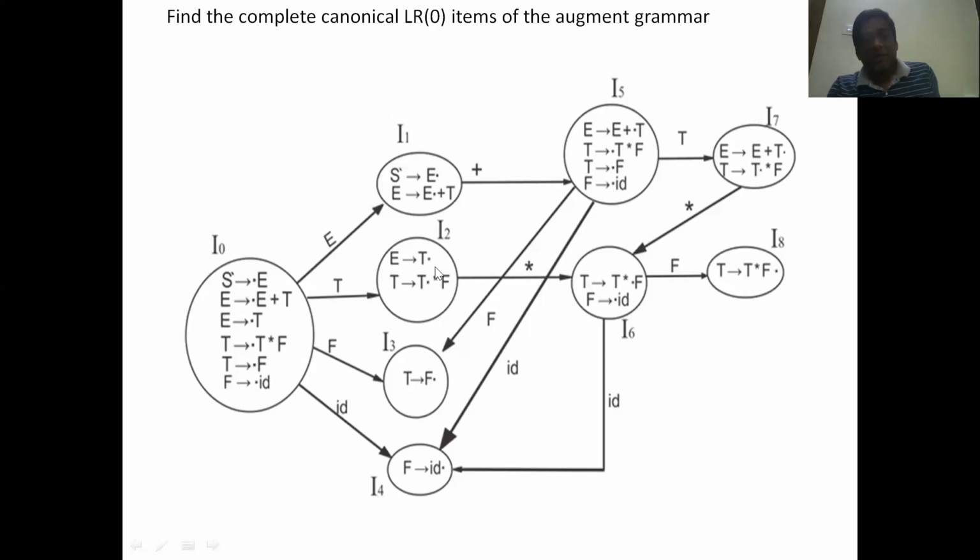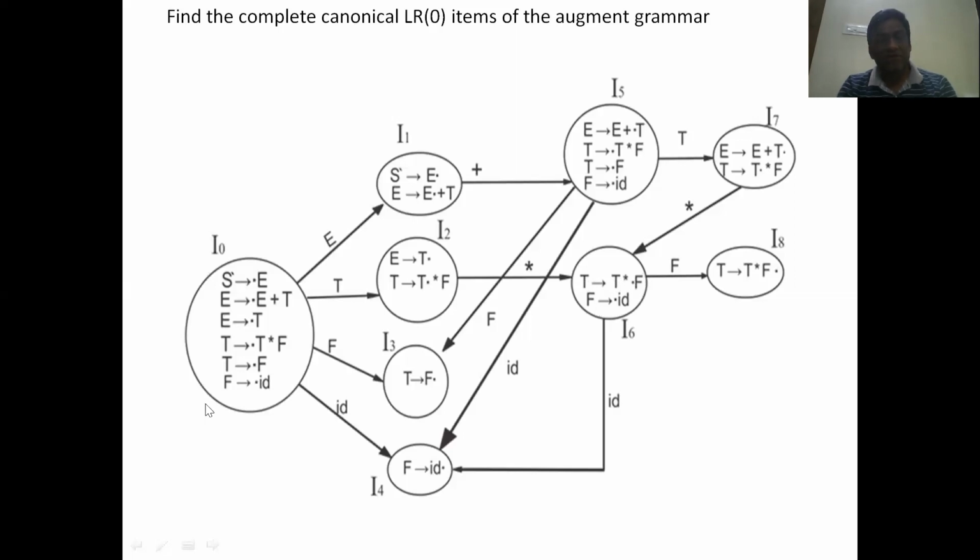From this I2, there is no symbol after the dot here, but here after the dot we have a star symbol. So you need to define a transition on star. Okay. So what happens? It becomes T implies T star dot F. So the dot is moved towards right. And because there is a variable after the dot, add the productions of this variable.